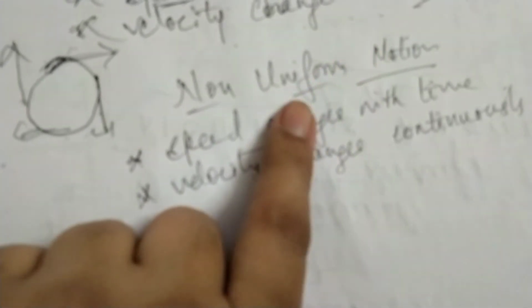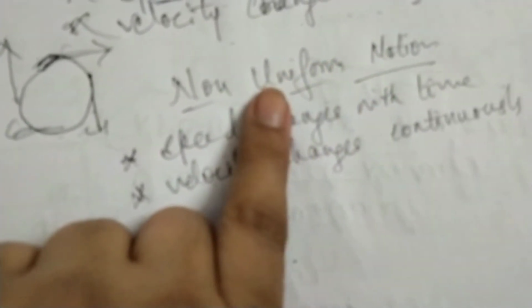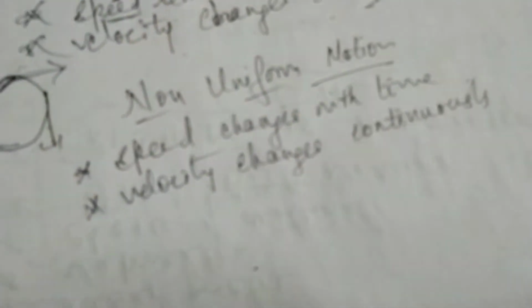So in non-uniform motion, when we talk about acceleration, you will find that we have two types of acceleration. We'll talk about it a little later, but before that we need to know some of the values. Let us talk about angular displacement. This is your body, and let us assume this is the arc. We can call it delta S, and this is delta theta. So this angle is known as angular displacement.